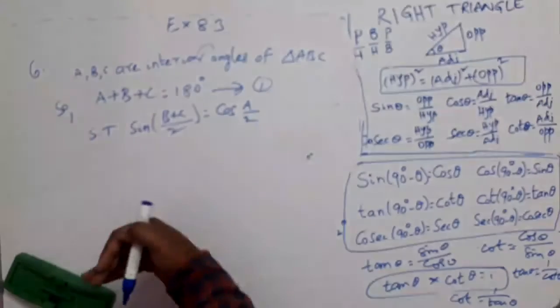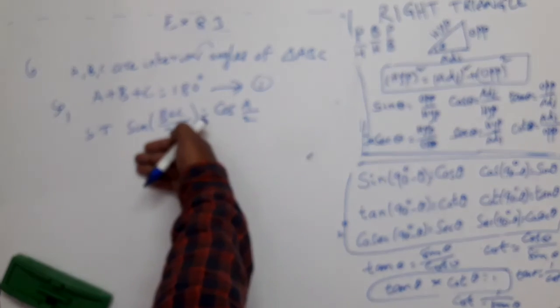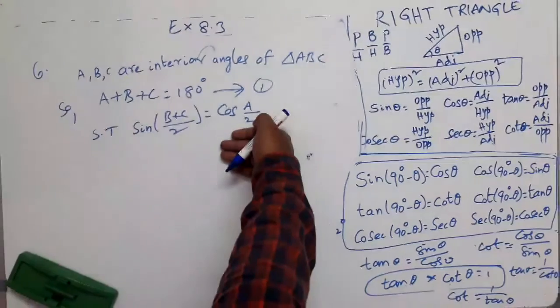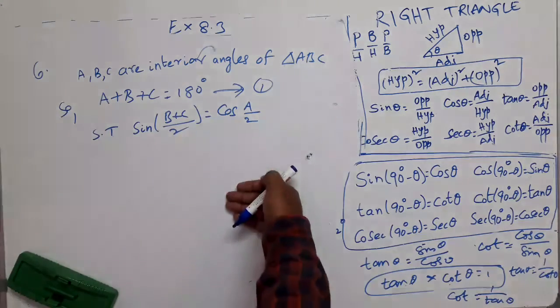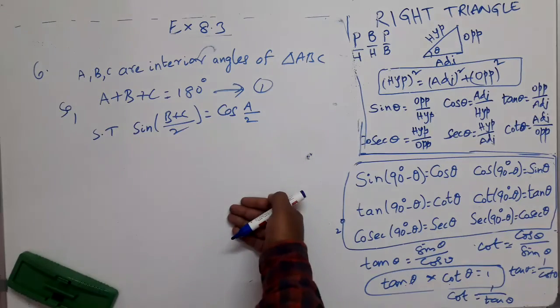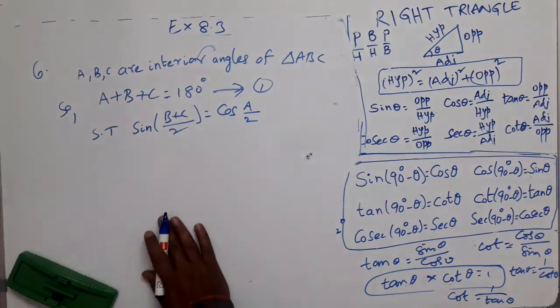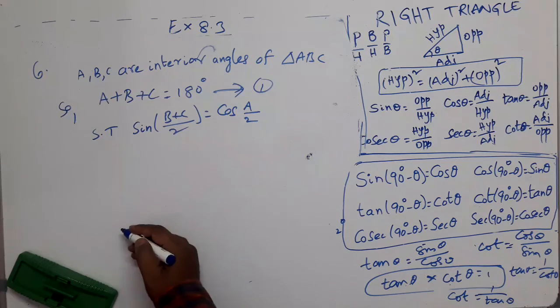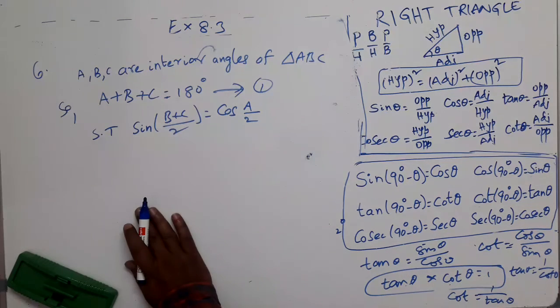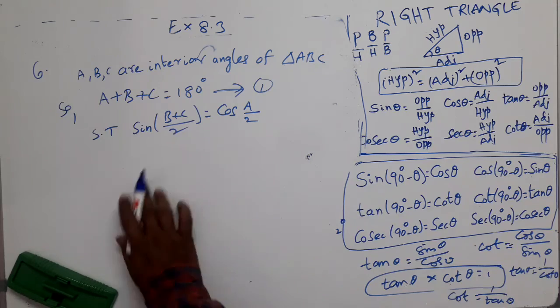Or another way also you can do. Start at left hand side part, convert this to some other form, leave it, start at right hand side part, convert this into some other form, leave it, show that these two are equal, then also this is true. Any of these three methods you can follow. What shall we do? Yes, let us start at left hand side part and let us bring right hand side part.